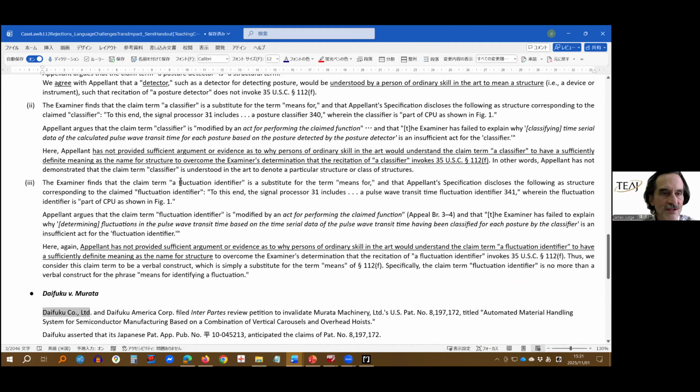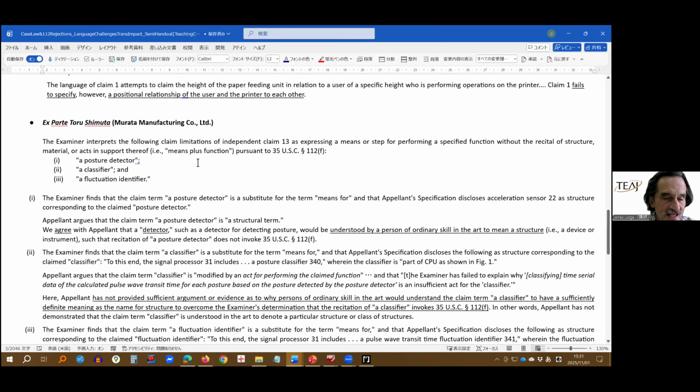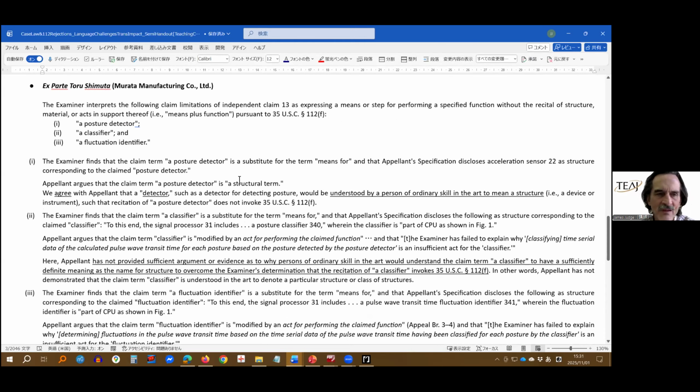Okay, so now I'm going to go to the homework once again, and in this case, Murata Manufacturing, this is an ex parte case where this is a constant problem with applications, not just coming out of Japan. It's a problem in the U.S., with cases written in the U.S. I'm actually involved in a case originating in the U.S., being prosecuted in the U.S. I'm involved in the prosecution, and we got this kind of 1-2 punch.